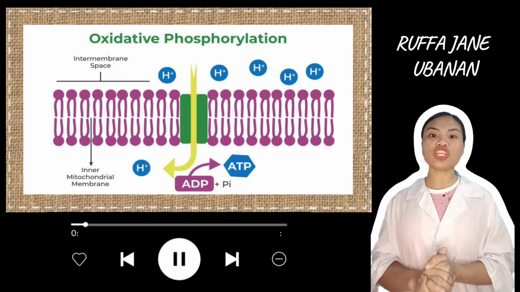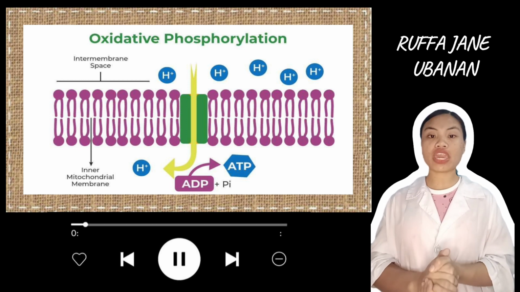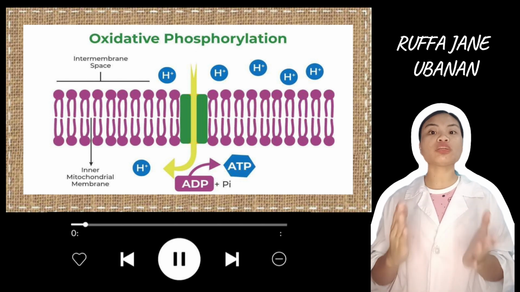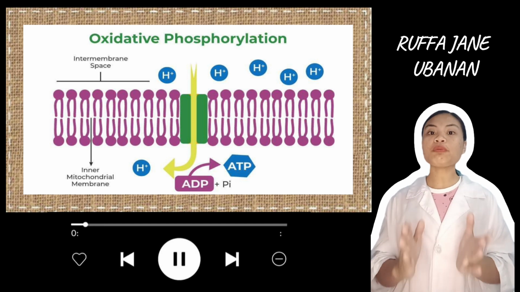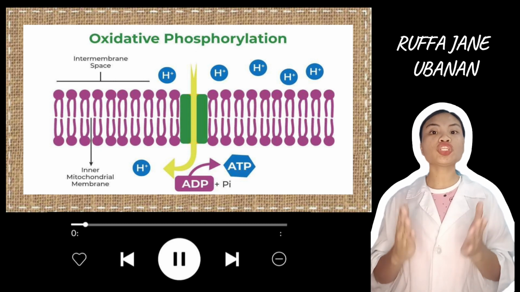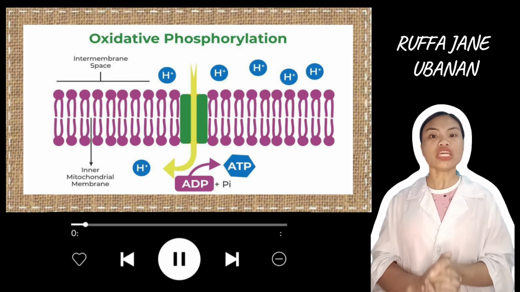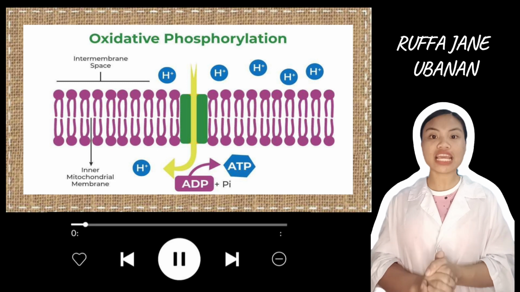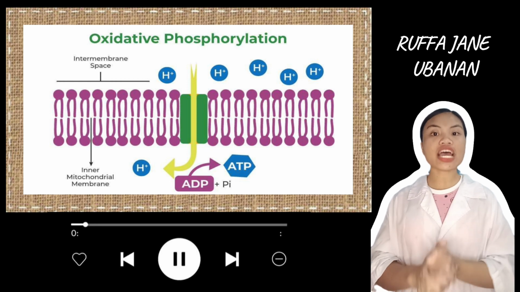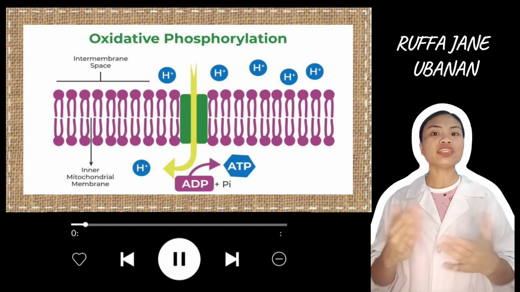And fourth is, you can see, ADP plus Pi. So that stands for adenosine diphosphate and inorganic phosphate. So these are the precursors of ATP, which is the primary energy currency of cells. ADP and Pi are converted to ATP through the action of ATP synthase, which uses the potential energy stored in the proton gradient. And lastly, we have the ATP, which is adenosine triphosphate. So this is the final product of oxidative phosphorylation, which is highly energized and can be used by the cell for various metabolic processes. In summary,